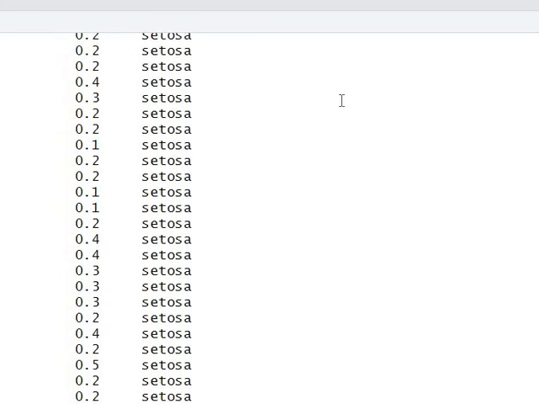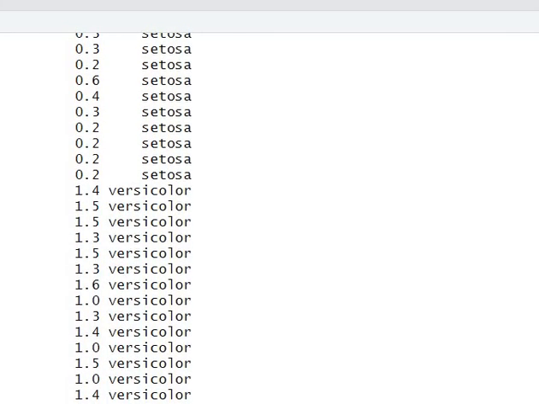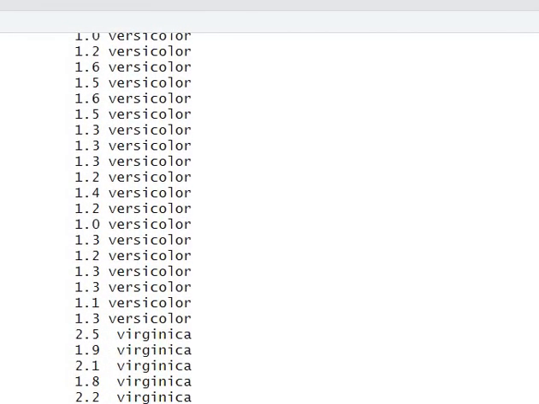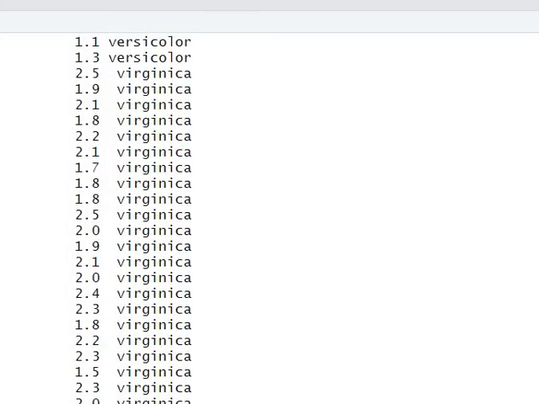For this, Setosa, versicolor, and virginica are there. Three types of species values are represented in this particular dataset. If you input the four fields, sepal.length, sepal.width, petal.length and petal.width, to a model which is trained using this IRIS dataset, then it will predict which species that particular flower belongs to. So here we have three types of species.